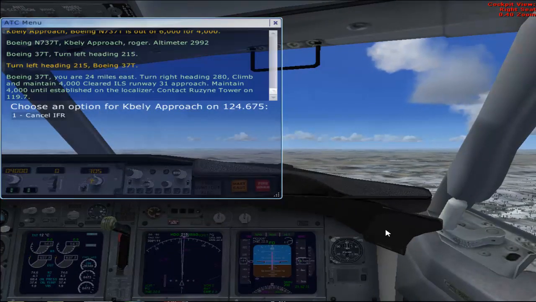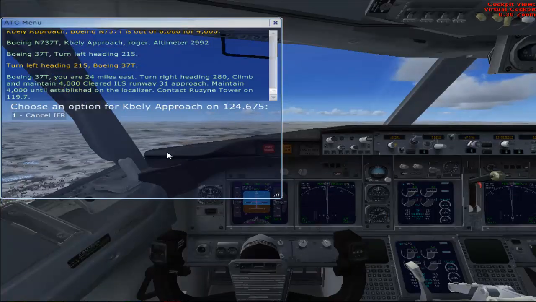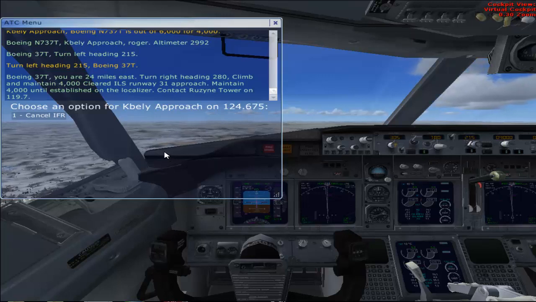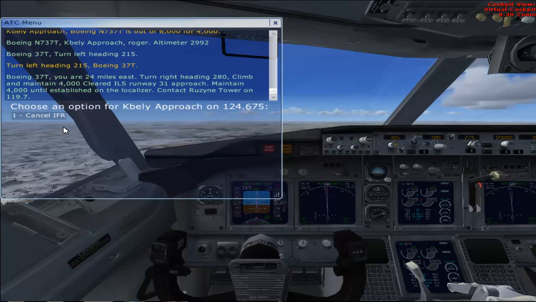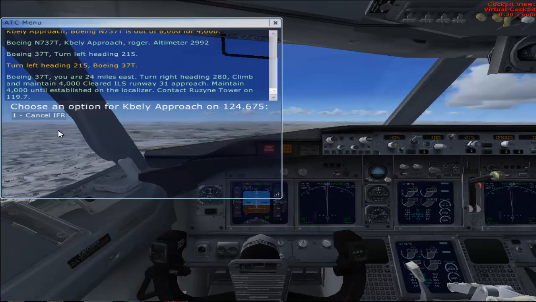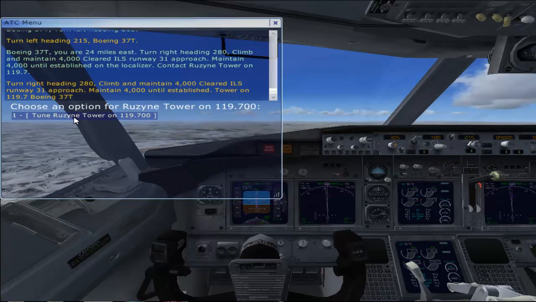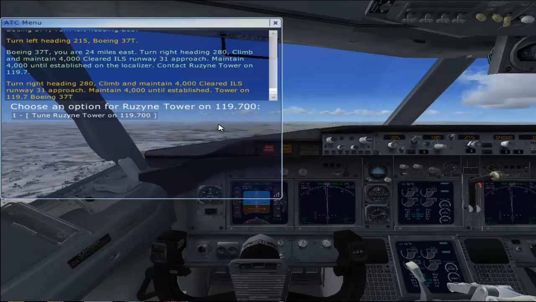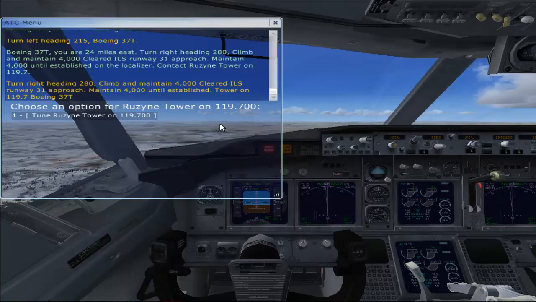Boeing 37 Tango, you are 24 miles, turn right heading 280, climb and maintain 4000, cleared ILS runway 31 approach, maintain 4000 until established on the localizer, contact Ruzyne Tower 119.7. Acknowledge the instruction. Right heading 280, climb and maintain 4000, cleared ILS runway 31 approach, maintain 4000 until established, tower on 119.7, Boeing 37